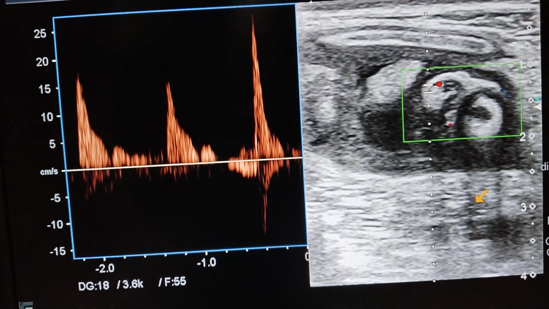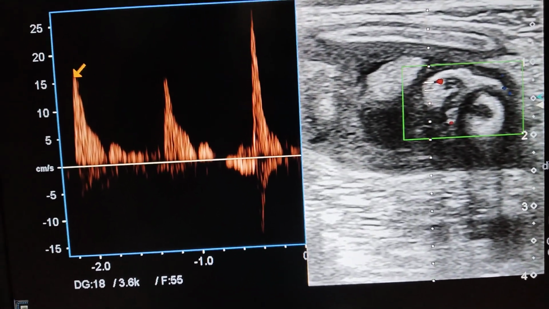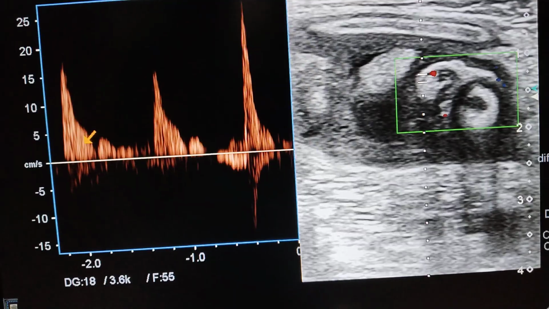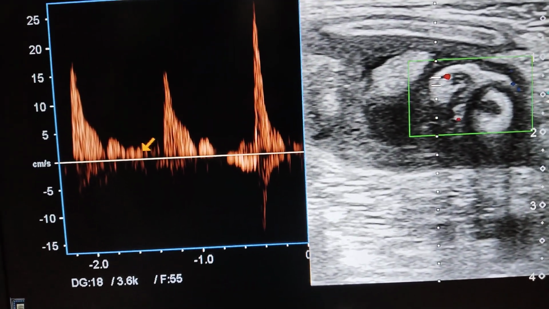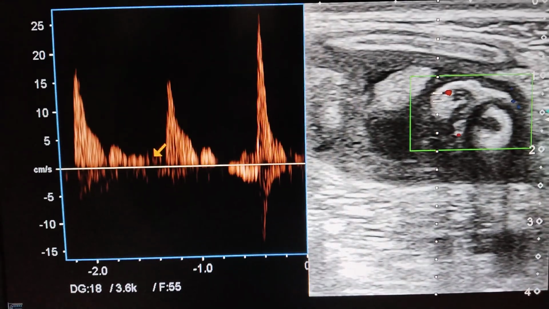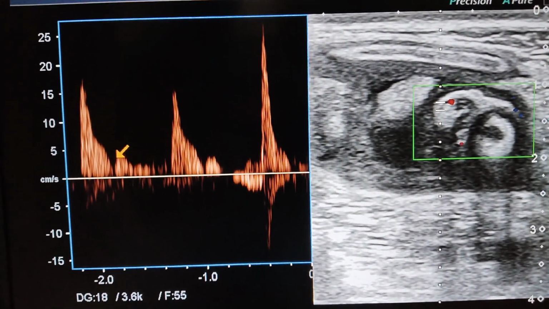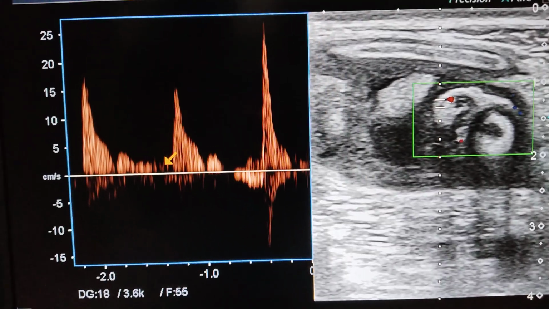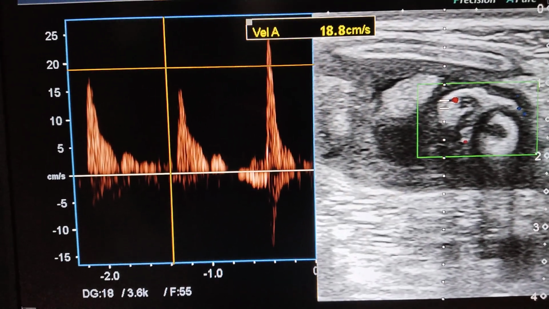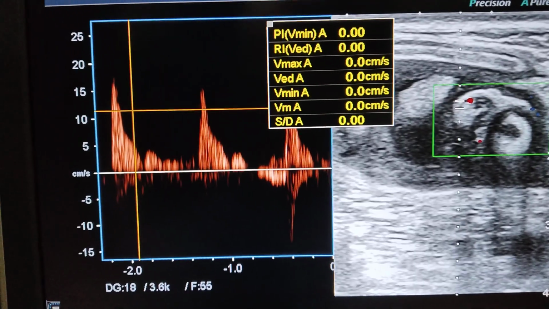So if we closely observe, we can see the sharp peak systolic velocity and the diastolic flow is very much low. It means that higher resistance to flow is present. If we see the RI of this appendicular artery,